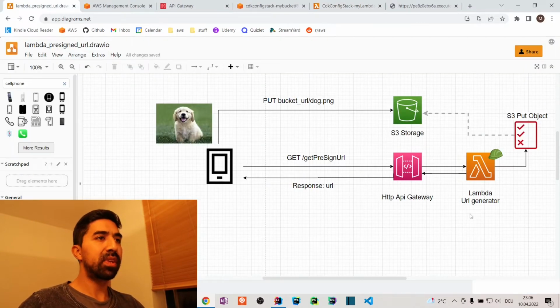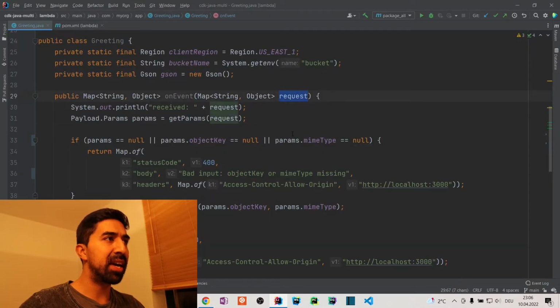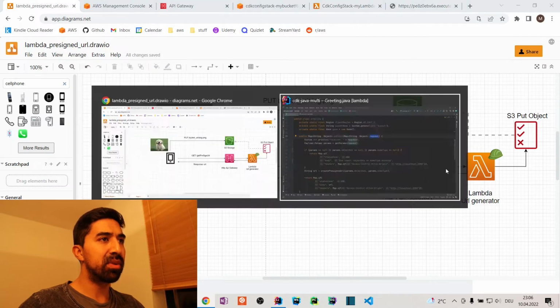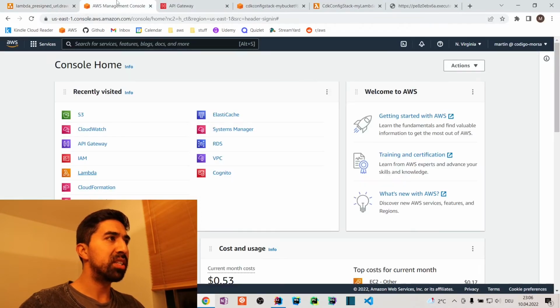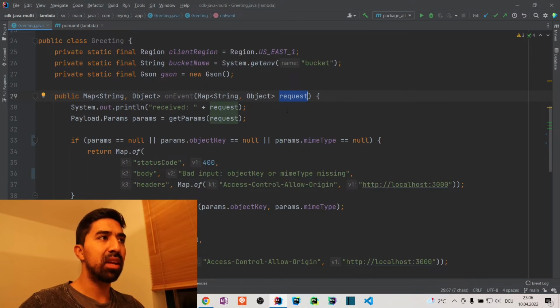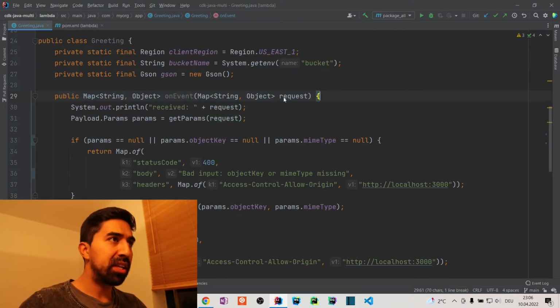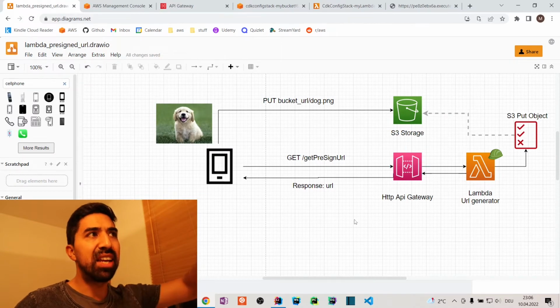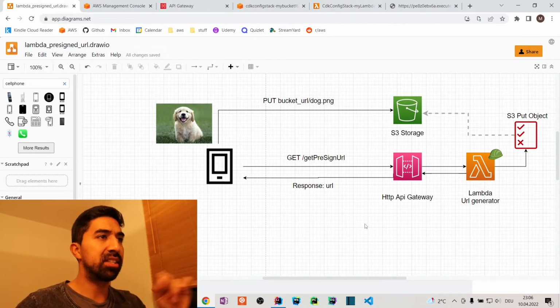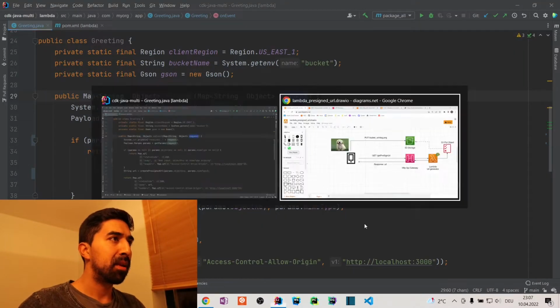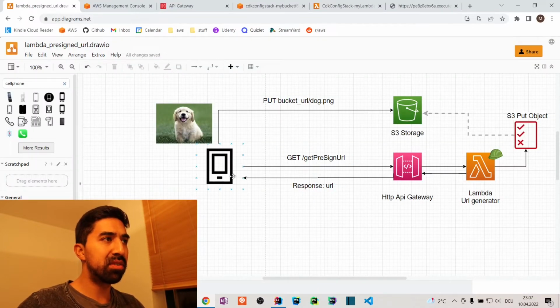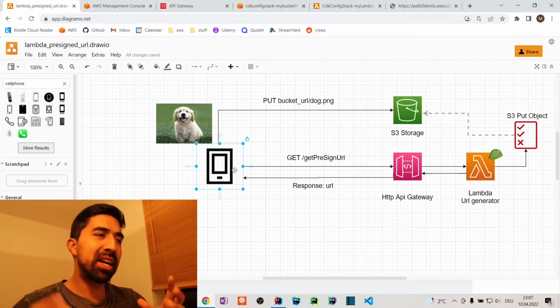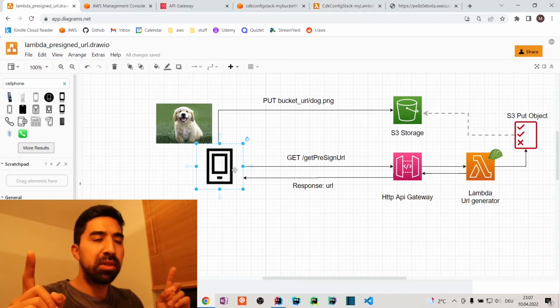What else? Whenever we make a request, the Lambda receives the request from the REST API, and the documentation of this request is, where is it? Okay, you can look at this, because there is documentation that explains every aspect of this request object that we get from the API Gateway. I don't have the link right now, but I can write it in the description of the video when it is uploaded. But yeah, basically then you receive the response, and the client, our application in React, then knows which URL to use in order to upload